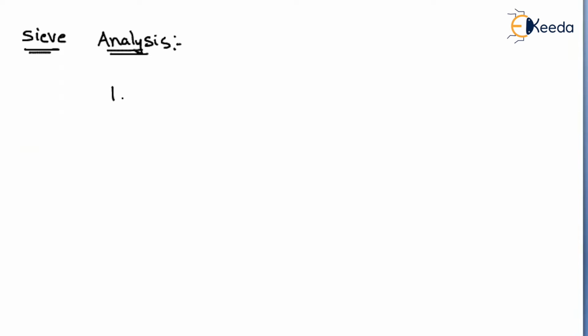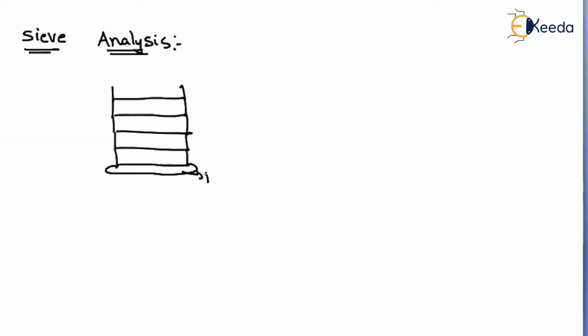So that is the percentage of the soil retained on a particular sieve. Let us say we have different sizes of sieves placed one over another, and let us assume that at last we will have a pan. Why will the pan be placed at the bottom? If the size of the particles is less than 75 micron, then the size of the last sieve is nothing but 75 microns. So any soil that passes through 75 micron will be retained in this pan, and this soil will be taken and we will conduct the sedimentation analysis.